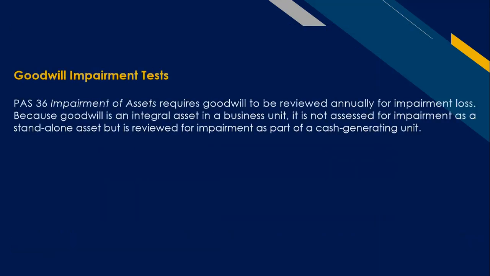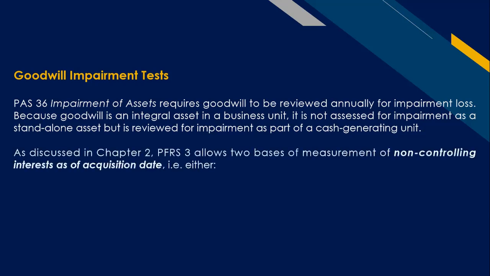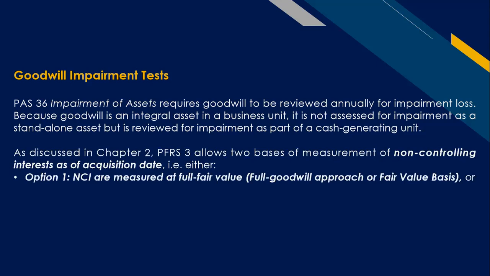Now, goodwill impairment test. PAS 36, Impairment of Assets, requires goodwill to be reviewed annually for impairment loss because goodwill is an integral asset in a business unit. It's not assessed for impairment as a standalone asset, but is reviewed for impairment as part of a cash-generating unit. IFRS 3 allows two bases of measurement of non-controlling interest as of acquisition date, such as either